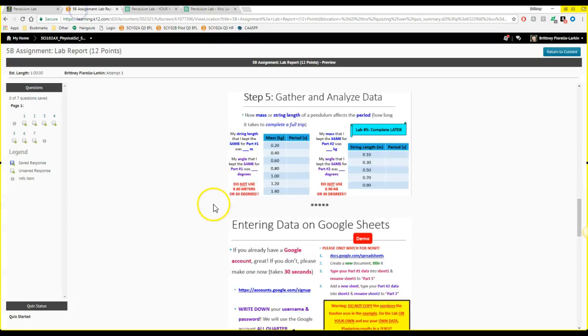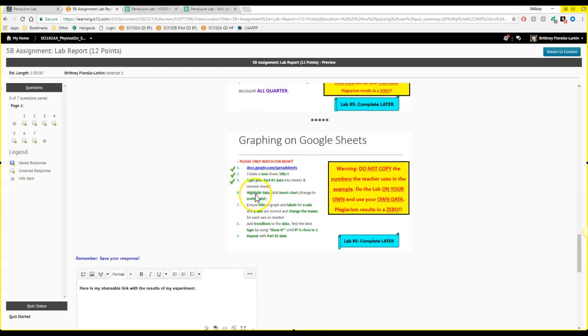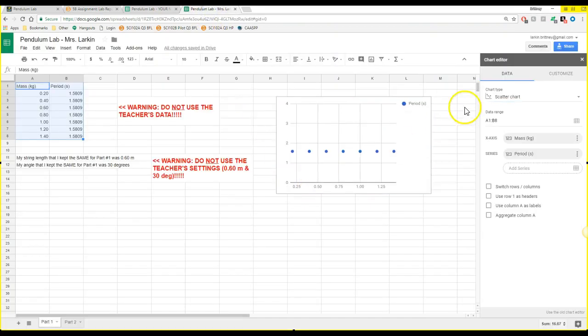And you'll notice, guys, that these instructions are here for you. So it tells you to highlight your data, insert the chart, and change it to a scatter plot. Smiley faces if you see that on number 5. Those instructions are there for you. I'm not doing anything crazy. It's all there for me already. So it's in a scatter chart now.